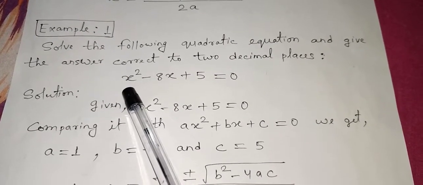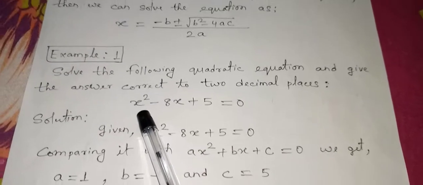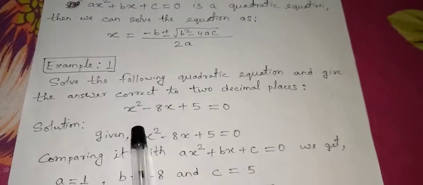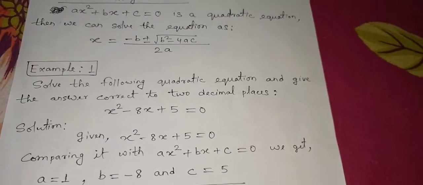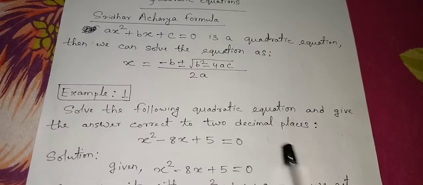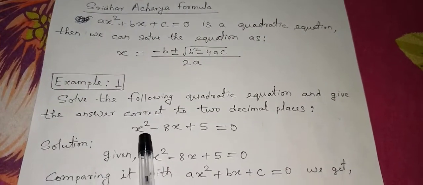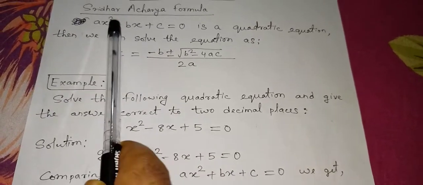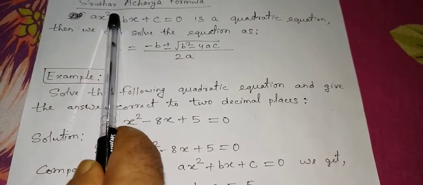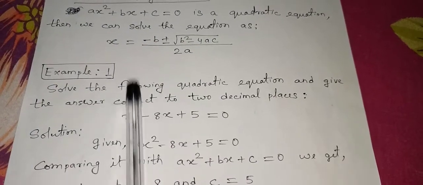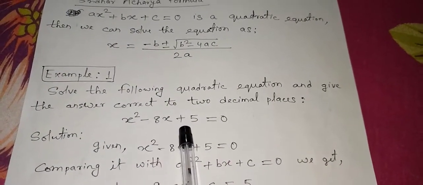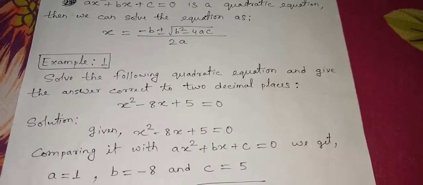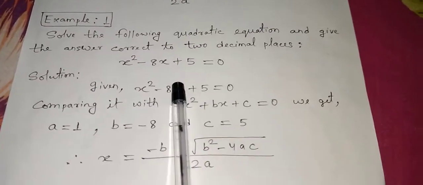So we have a quadratic equation, x square minus 8x plus 5 equal to 0. So you can see it is a perfect quadratic equation. It is in the correct form, because ax square, here we have x square, nothing here means there is 1, this is 1x square, plus bx, you can see the plus has been changed to minus here, and bx has become minus 8x, and plus c is here plus 5 equal to 0. So this is a quadratic equation. So now we will solve it.